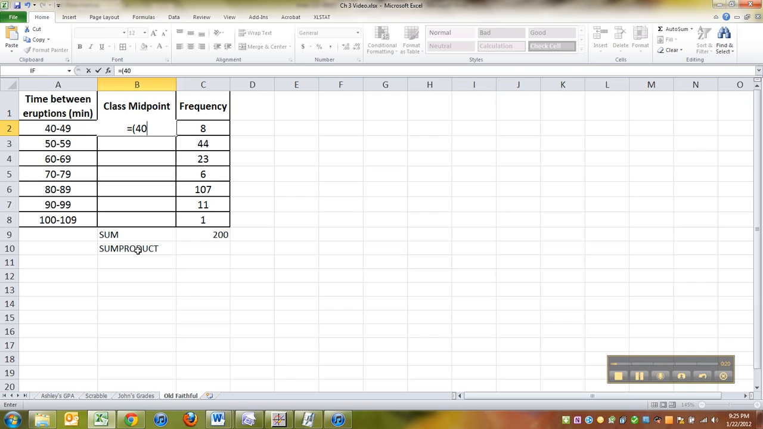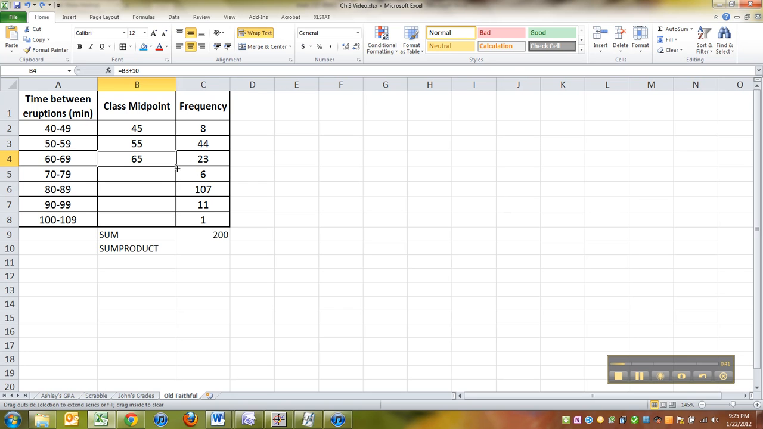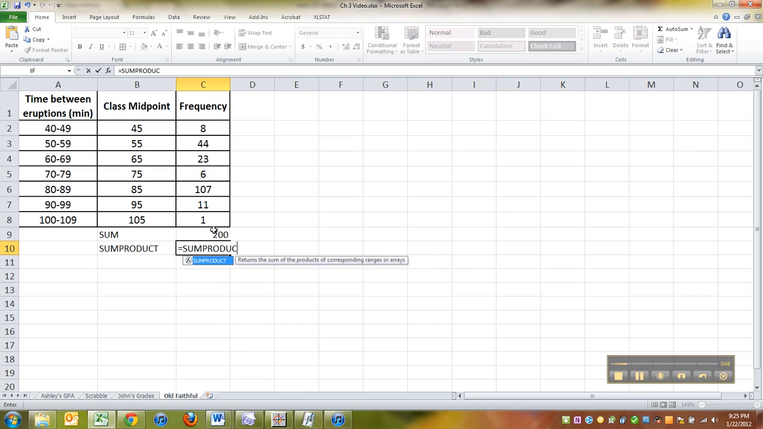Take 40 plus 50, close your parentheses, divide by 2. There's the midpoint. Now you could do it again, 50 plus 60, close parentheses, divide by 2. Or you could just take that number and add 10 to it and work your way down. There we go. All right, now I can find the sum product, because equals sum product, parentheses, there's my first